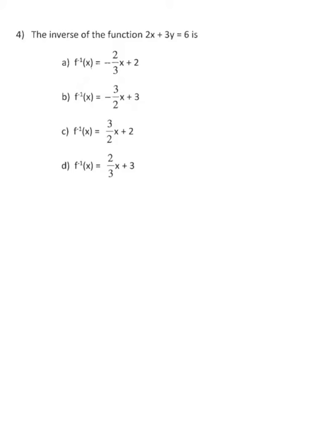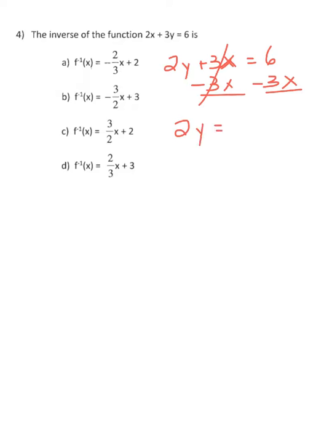Okay, so the first step here is we are going to switch the x to a y and the y to an x. So I'll rewrite this as 2y plus 3x equals 6. Okay, so let's solve for y. So I'm going to subtract 3x from both sides of the equation, which leaves me with 2